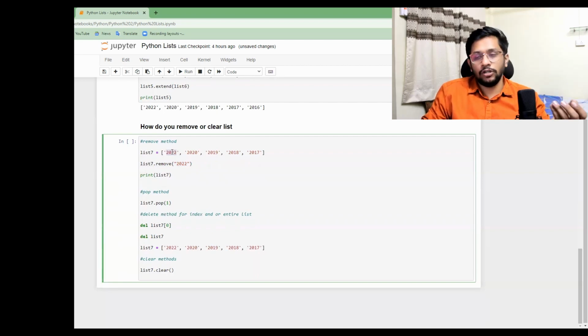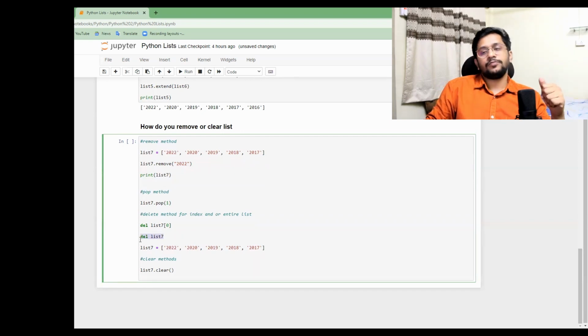This year will be gone. Next one is pop. Pop method uses an index. So 1 is the index, so it will basically remove 2020. And what is del list 7? Del list 7 with an index will delete the proper item at that index, and del list 7 alone means it will delete the list. There will be no list for us.